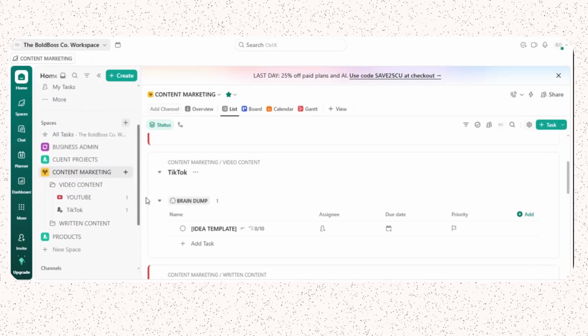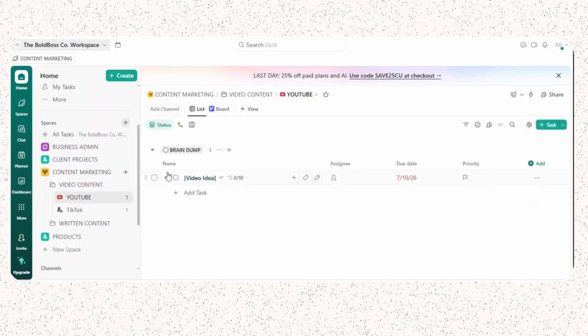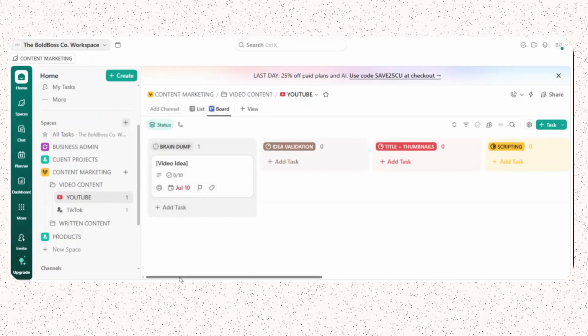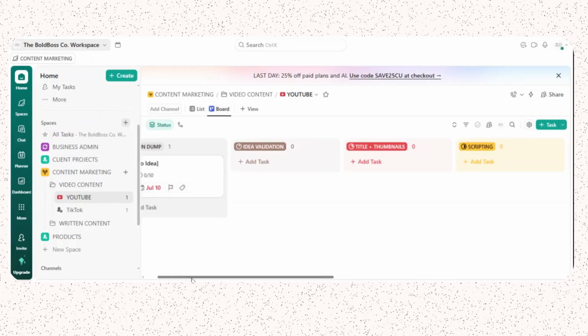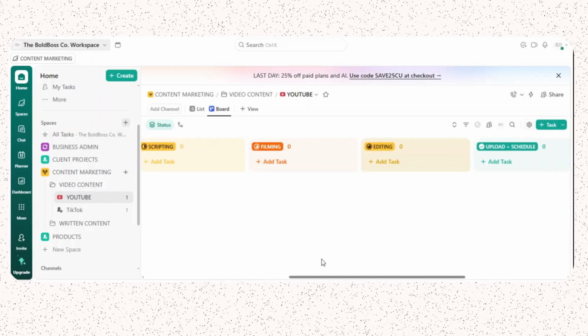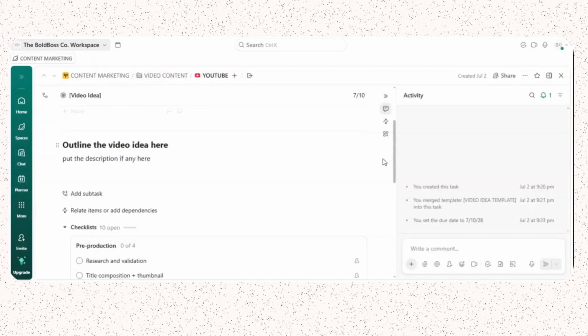Now, if you jump into my spaces, you can see I have a folder that has been labeled content creation. This is how I stay organized, because I am not only creating content for YouTube, I am also creating content for other social media platforms. So this is my dashboard. This is how it looks. And if we look into this template, this is the process that I usually follow when I'm creating my videos.